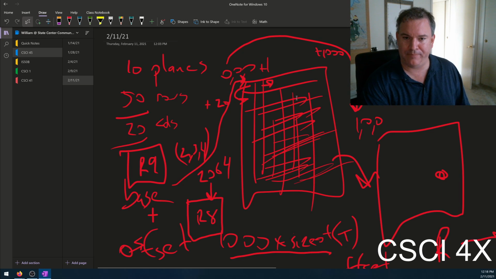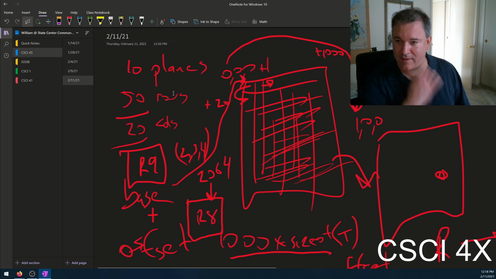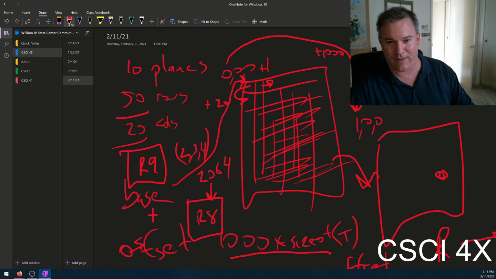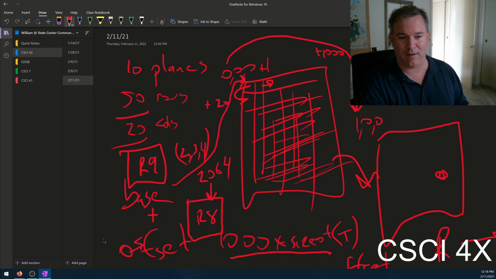Okay, so that's the rule. So if you want to figure out how far advancing one plane to the right is, you multiply rows times columns. If you want to figure out how far advancing down one row is, you look at just the number of columns. And so again, the